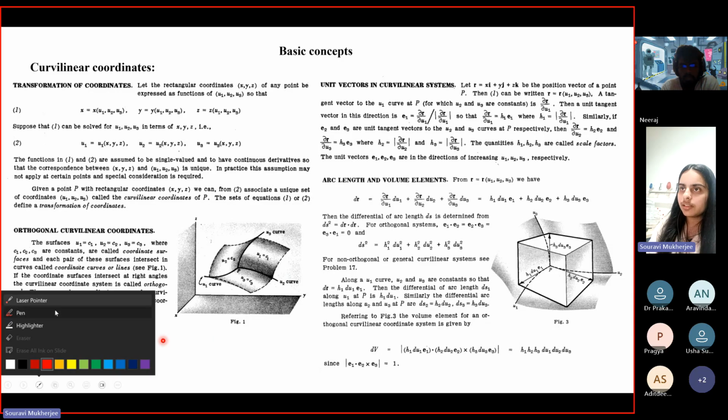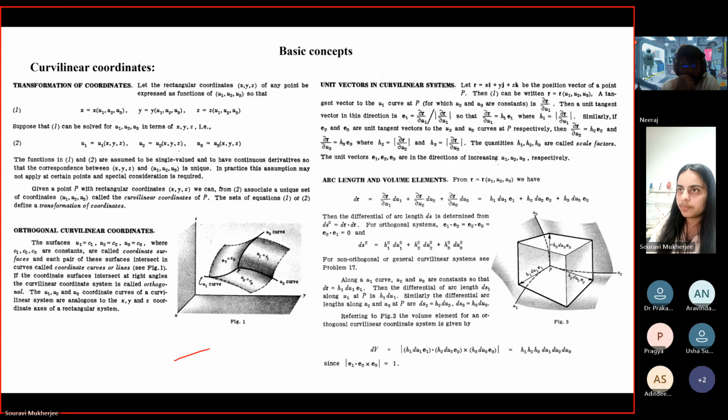Basically, when you define a cylindrical coordinate system, how do you do it? If this is your rectangular coordinate system and now you want to go to the cylindrical coordinate system, you define a cylinder, right? Sorry, ignore my drawing. So here, how do you define it? If you take an r vector, this is your r, that's the radius. You have a phi, which is the angle, right? And z. These are the three components.